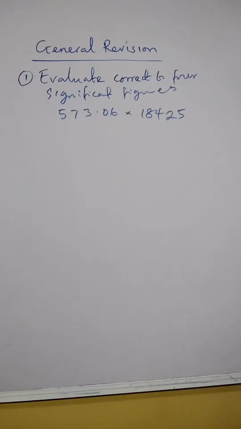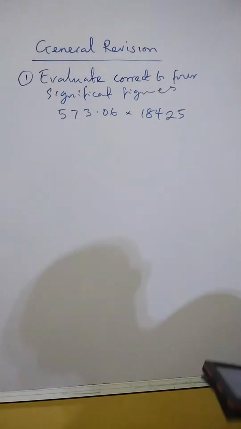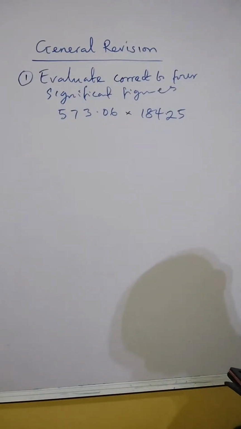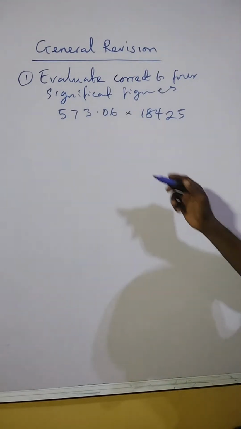From here we can use our calculator to multiply this decimal number, and all we need to do is put the answer back in 4 significant figures. So let's add. You have 573.06 times 184.25, and here this gives us